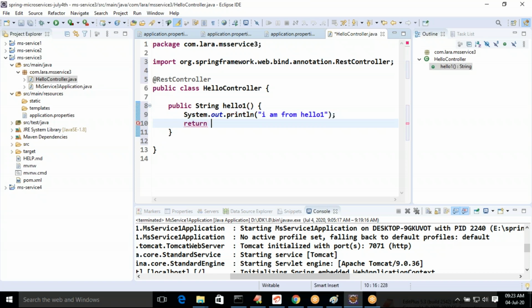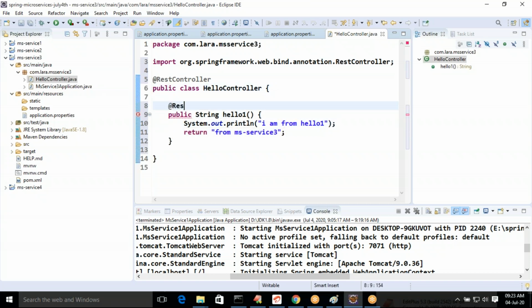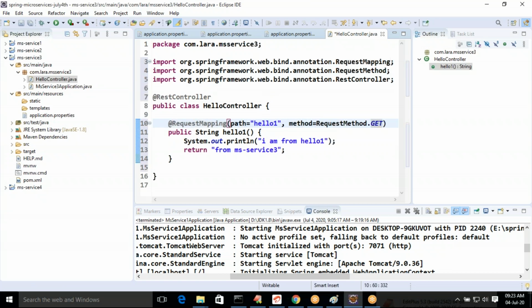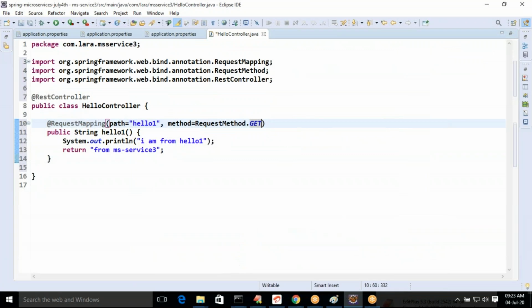Click done. From MS Service 3, let's assign one API. @RequestMapping, path is equal to /hello1, method is equal to GET. It's simple.